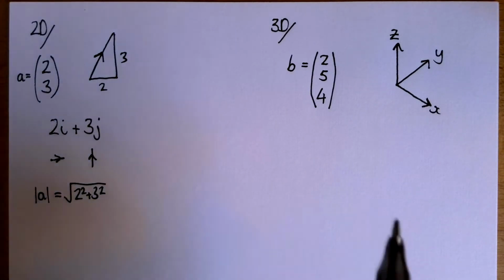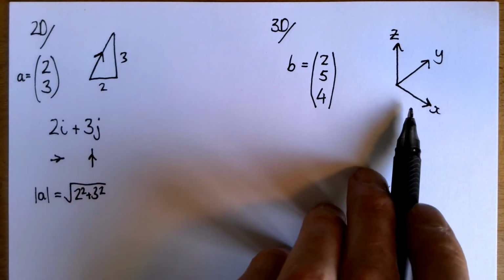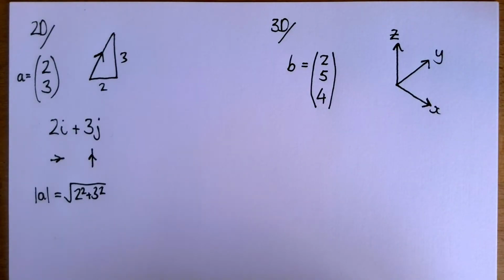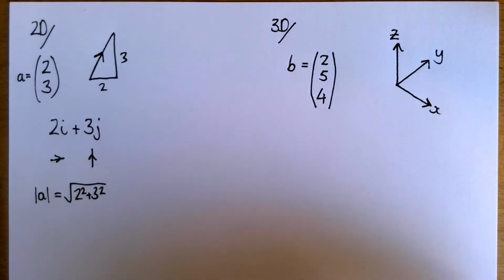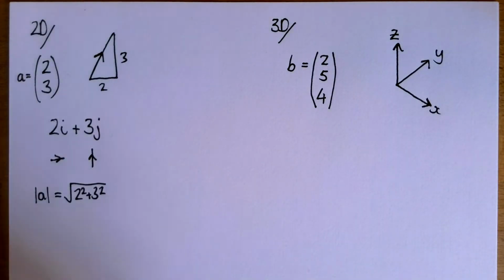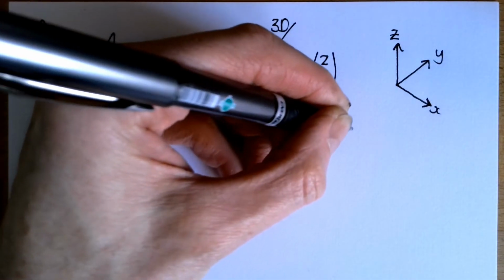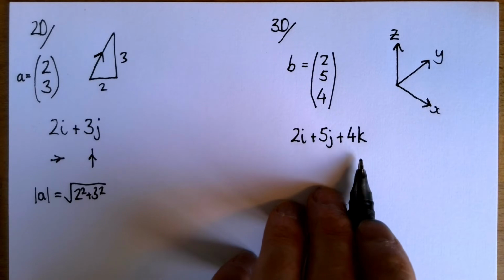So when we move to 3 dimensions, we introduce a third axis, and the way it's normally represented is we sort of fold our xy axes flat on the page, and you've got your third dimension, which we call the z-axis, coming out of the page. You don't have to worry about it. You'd never be expected to draw an accurate picture of a 3D vector. So here's a 3-dimensional vector. It's a journey of 2 units in the x direction, 5 units in the y direction, and then 4 units up out of the page. Using the unit vector notation, that is 2i plus 5j plus 4k, k being a unit vector of 1 unit